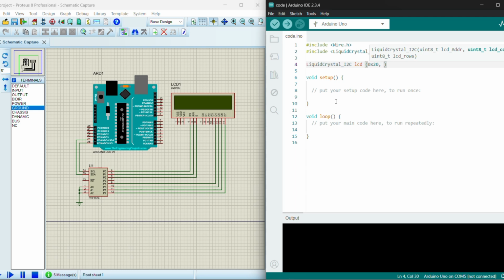We now specify the address at which this text can be transmitted to this particular LCD, and we can now define 16 by 2, which is nothing but the columns and the rows. This LCD has 16 columns, so we have 1, 2, 3, 4, 5 all the way to 16, and the rows of data to be transmitted are 2 rows, 1 and 2. And once this is complete, we now have to type our code